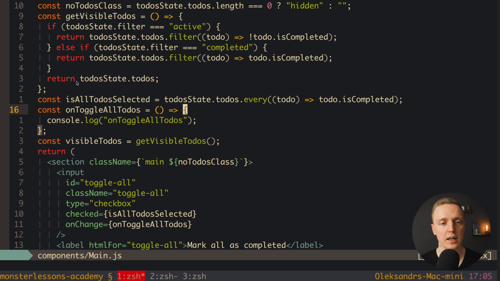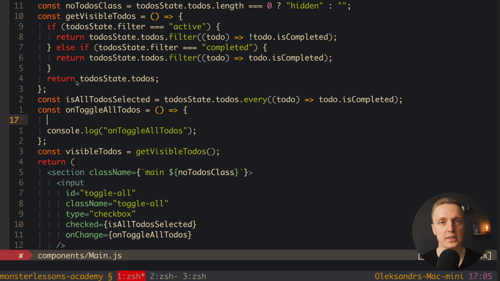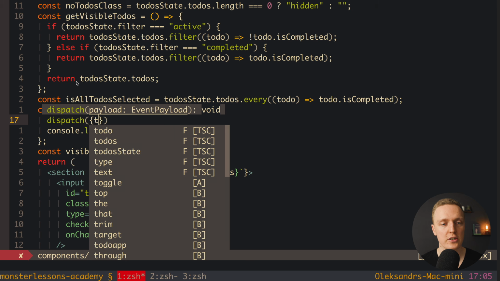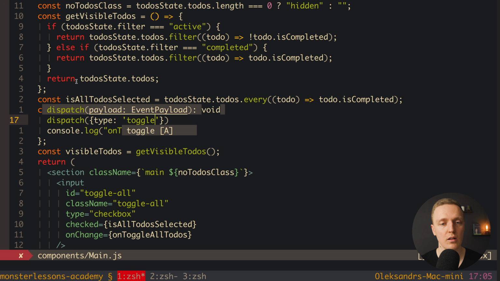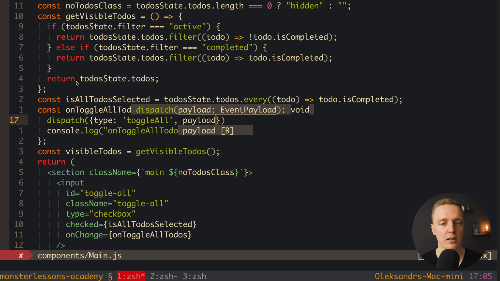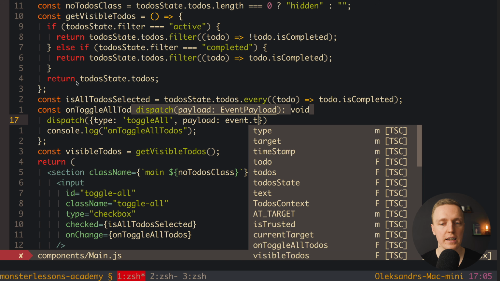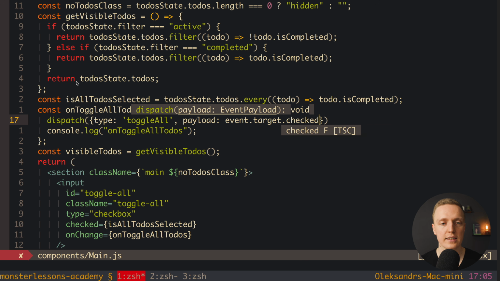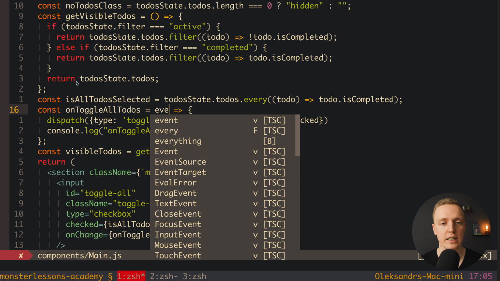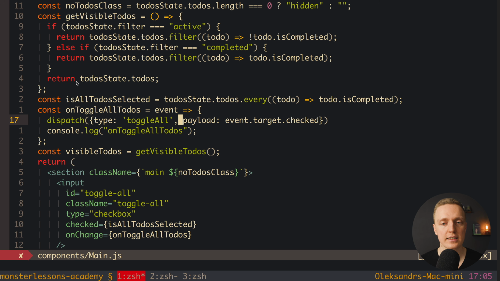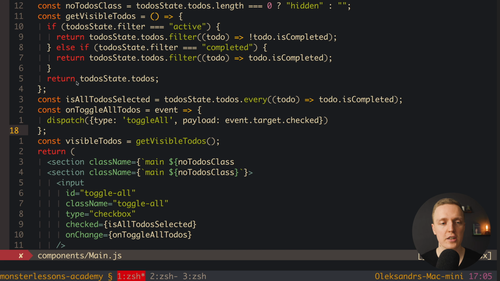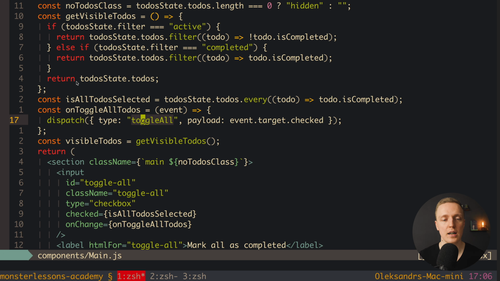So this is why here I will write just dispatching of some action. This is why here we have dispatch, and we want to dispatch here with type, for example, toggle all, and here we need a payload, and our payload will be event target checked. And I think here we need to provide our event, so we can read it. In this case, if this is checked, then we want to toggle them all to unchecked and so on. So here is our dispatch, we don't need console log, but now we need to handle this action inside our